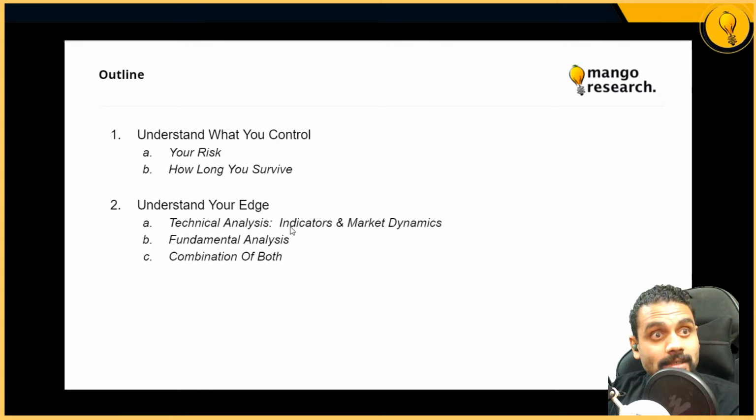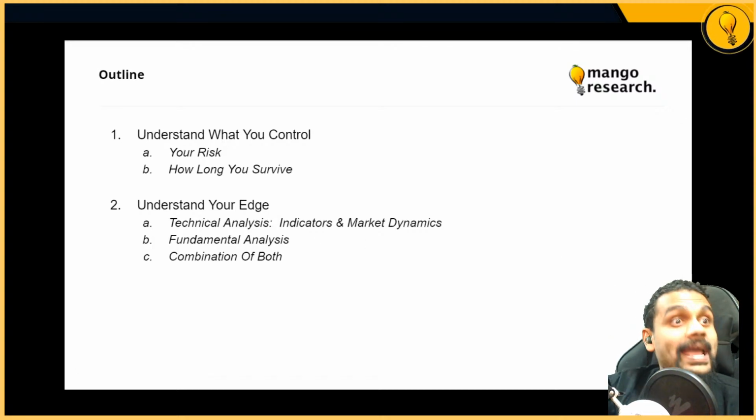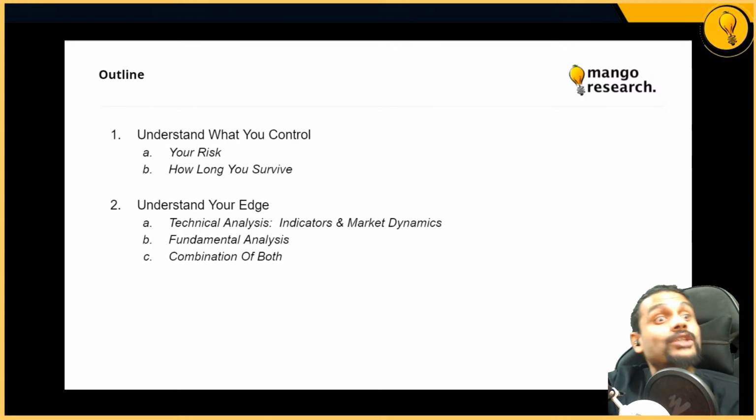Or you may find a bug in the Bitcoin code that nobody else knows yet, but will soon find out. Or maybe they do, maybe they don't, right? That's where we have that uncertainty. But that's your edge, right? That's information asymmetry. Now, Travis over here understands something about the markets that other people don't understand. And before he watched that module, he didn't understand that, and he was losing because of that, right? Because the rest of the market participants had that edge over him, and they were taking advantage of that,